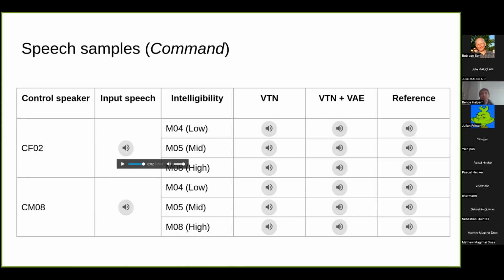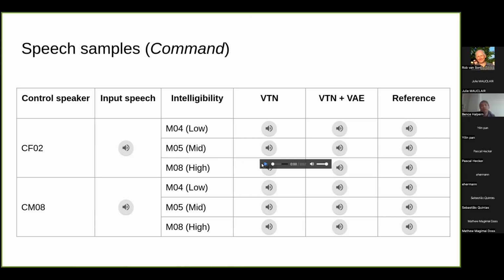Sorry, may I ask if you hear the sound? Okay. Command. Do you hear the sound that I'm playing? Yes. Okay. And then after passing through the voice transformer network,